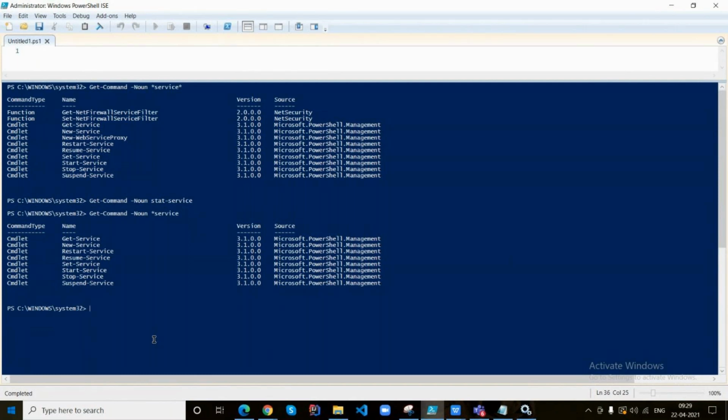And if you want to change or update a property of the service, then you're good to use set service. And if you want to suspend any services, you can use suspend service. So all these service commandlets are available to deal with Windows services as per your requirement.